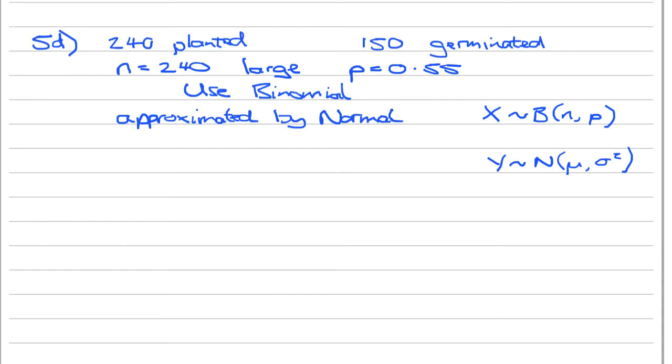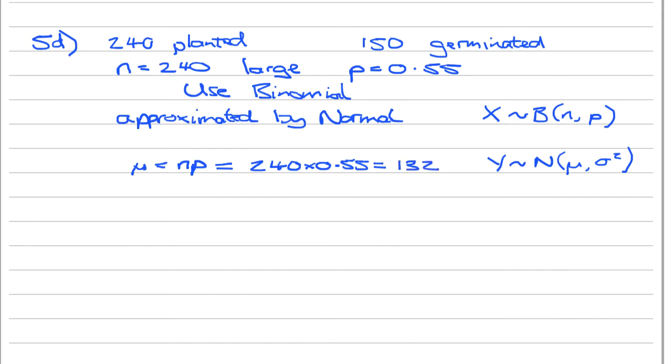So we've got some transformations to do, because we've got binomial n, p and we need to transform that into normal with a mu and a sigma squared. So for this transformation, we make mu equal np. So in our case here, we've got our n is 240 times 0.55, and when we do that on the calculator, that gives us a mu of